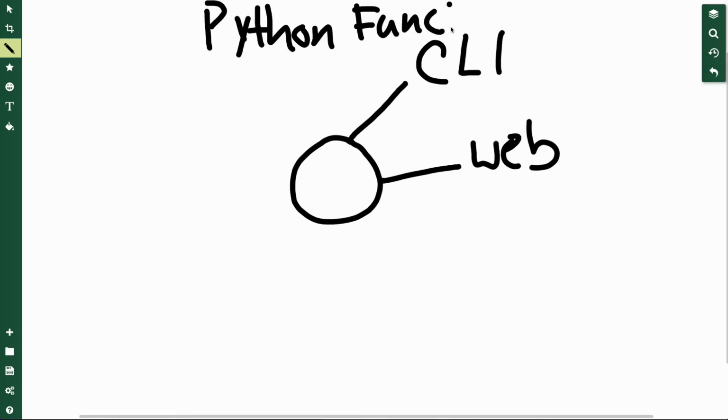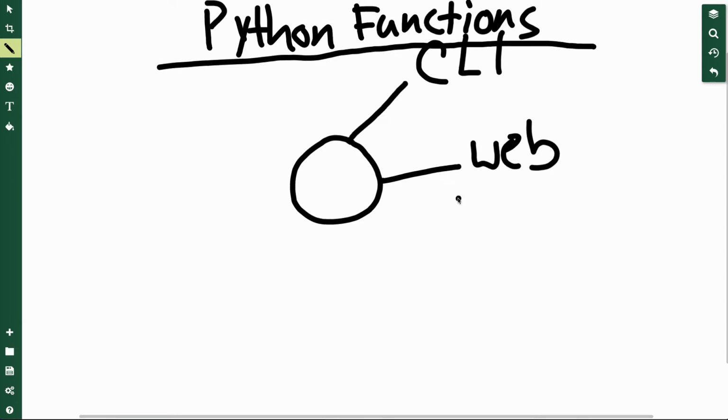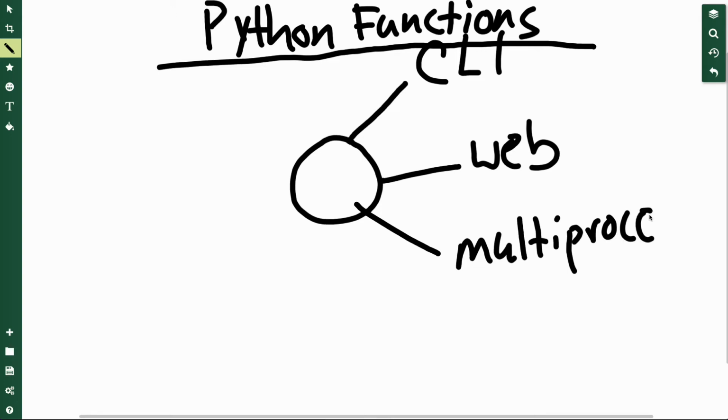And I think this needs to be evangelized about why it's so critical. Python functions are the simplest way to get work done. What if you want to do distributed computing? You want to use the multiprocessing module to spawn lots of processes. We can do that as well. So you can do multiprocessing very easily by using a Python function.